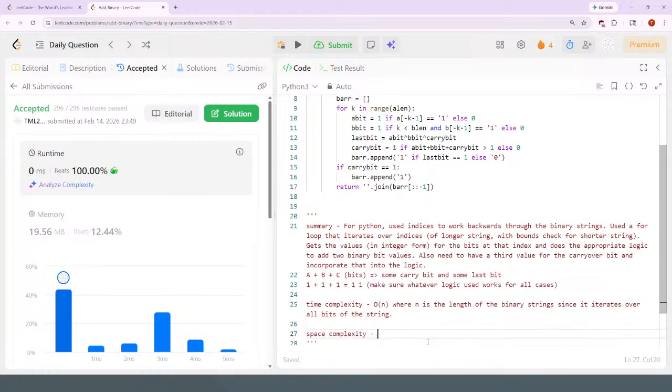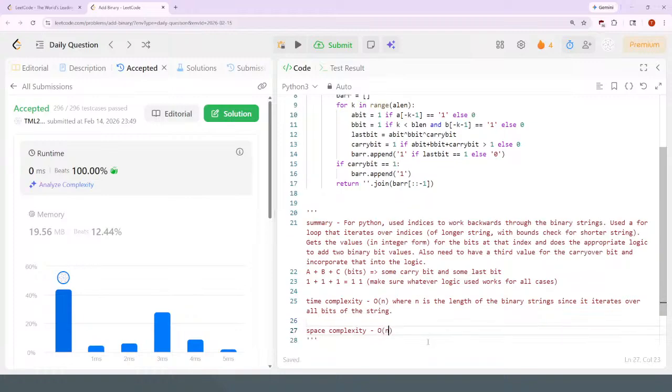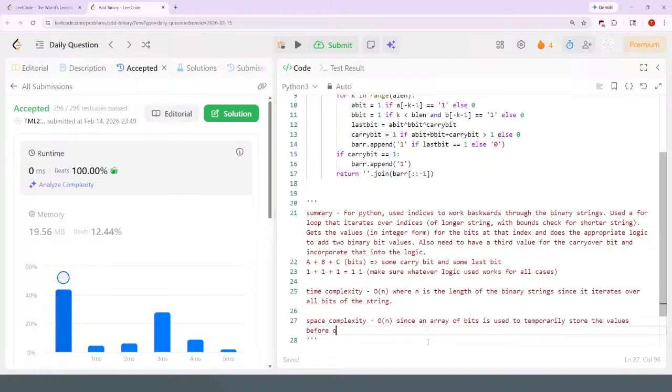And then space complexity, this can be O of n as well, since an array of bits is used to temporarily store the values before converting it back into string form, since array of integer bits